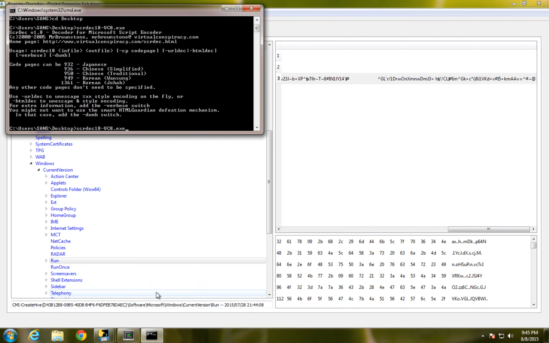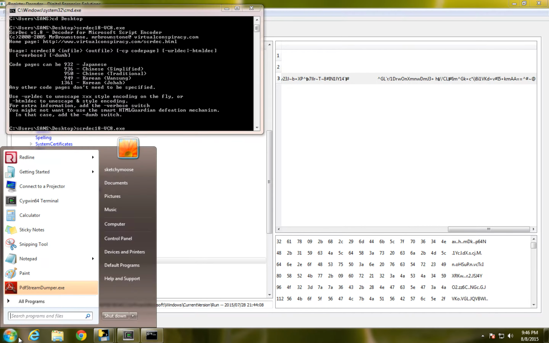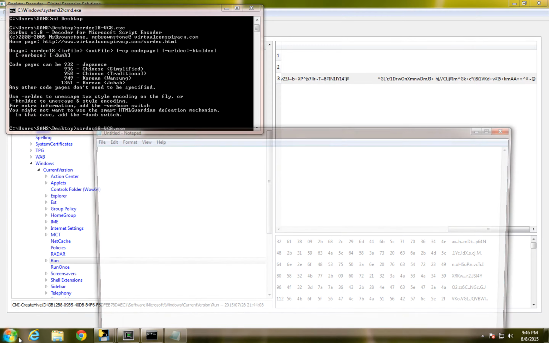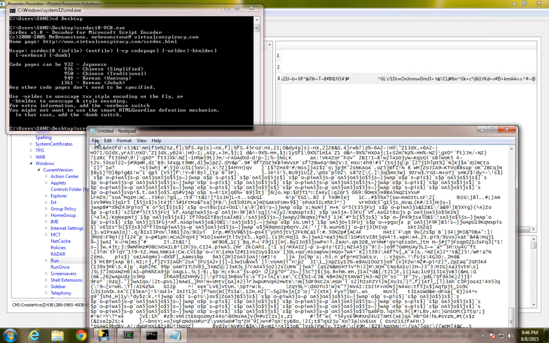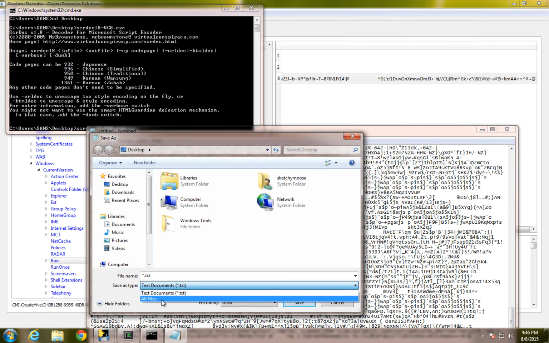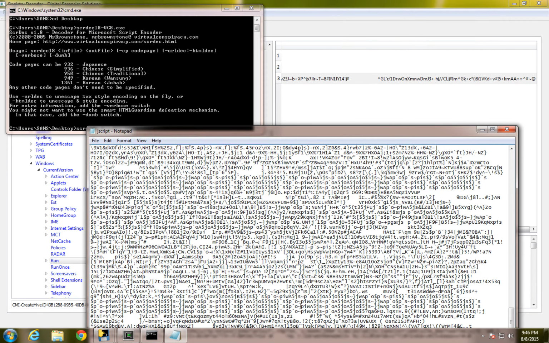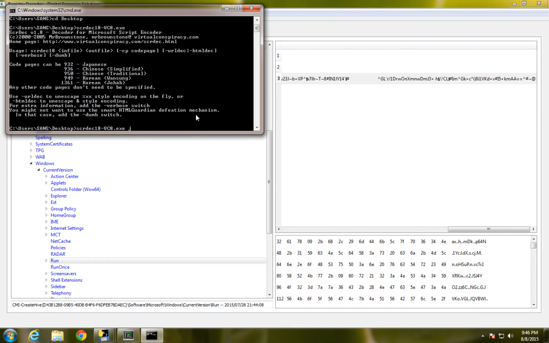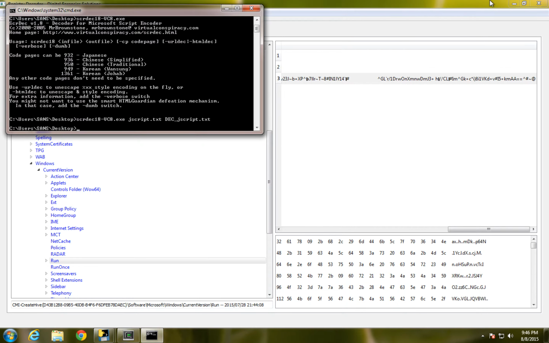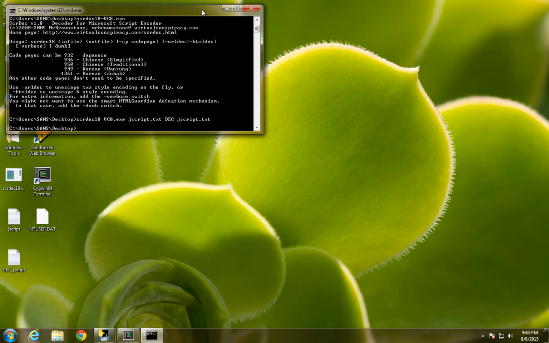So basically all you have to do to invoke the script is call the command and give it the input file. Oh, I forgot to make an input file here. So, back to my notepad. I just paste that in, and I'm going to save that on the desktop as JScript.txt, and I want to decode it as dec JScript. Okay, so hopefully if everything worked, which it should have,